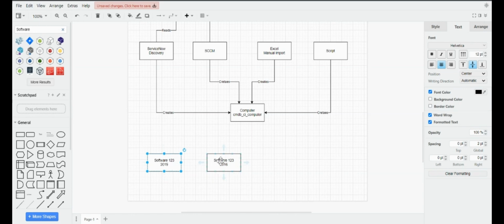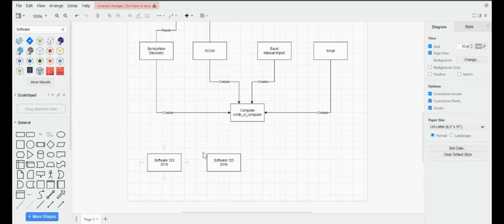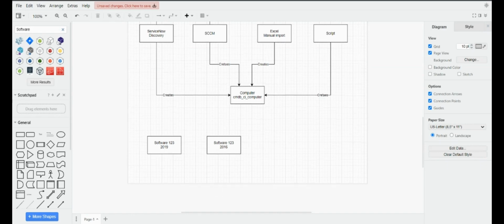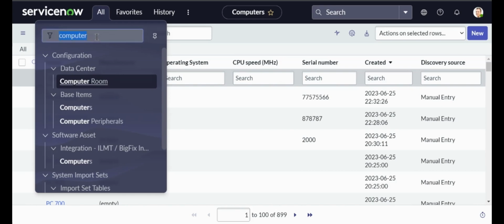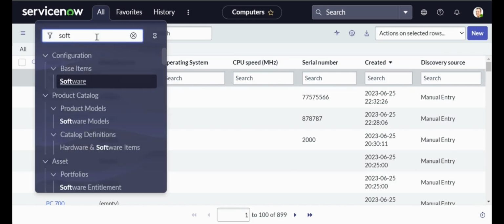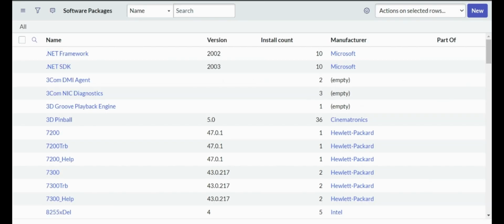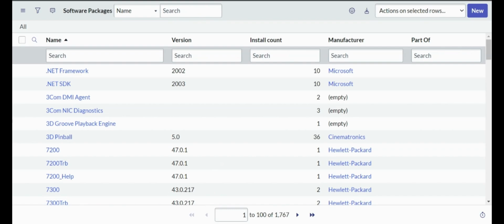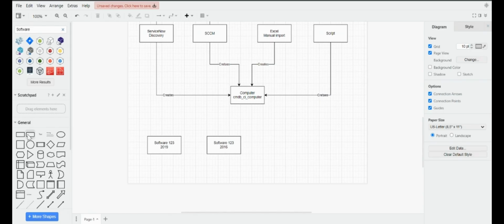Okay, for example, this 2019 might be installed in one PC and 2016 might be installed in another PC. But what happens is, we should have created two CIs in the software table, but we'll create only one. For example, in software tables, let me go to the software table. Softwares. Okay, this is the table cmdb_ci_spkg. So this is the software table. Here I'll add that